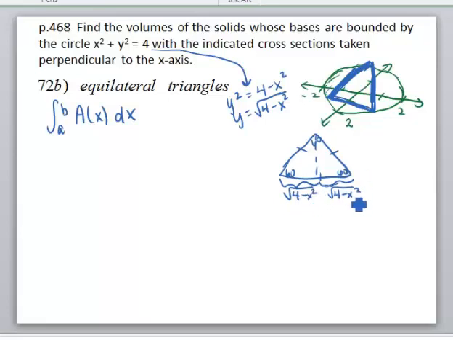So that means my base length, because remember our goal is to find the area of this, is 1/2 base times height. So I know that the area of this triangle is now 1/2. The base is 2 of these, so it's 2 square root of 4 minus x squared, times the height. I have to determine the height yet. The height is going to need to be determined using, basically the only thing we can do is use our geometry knowledge